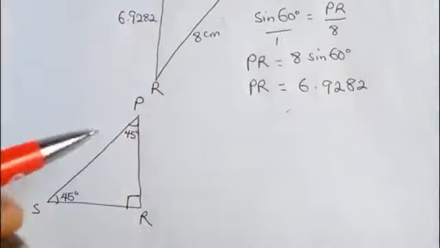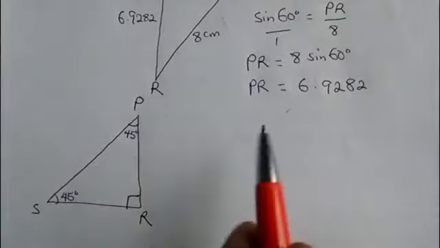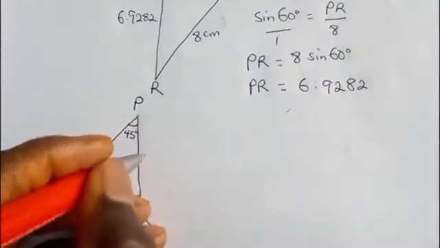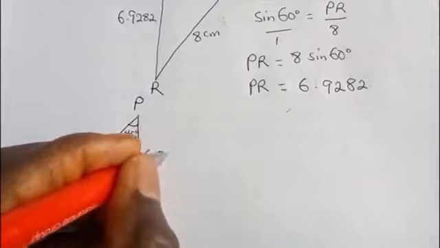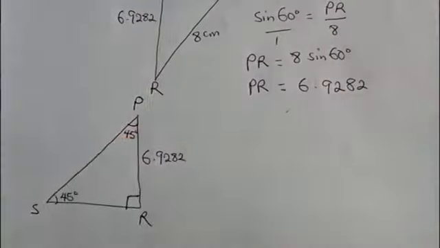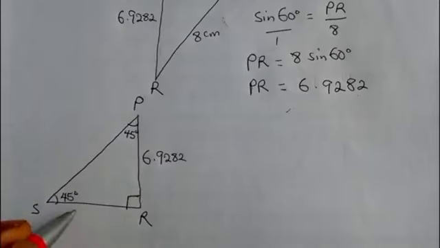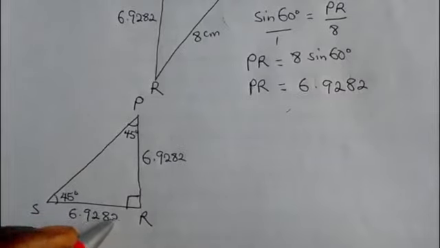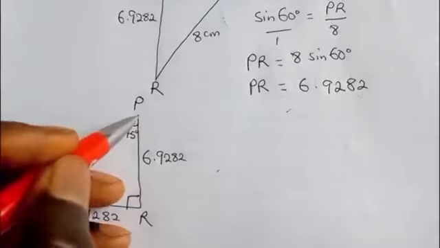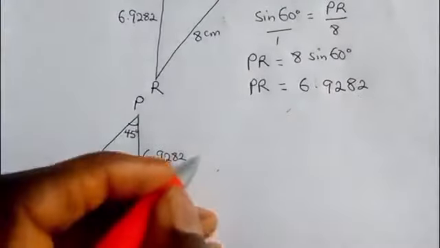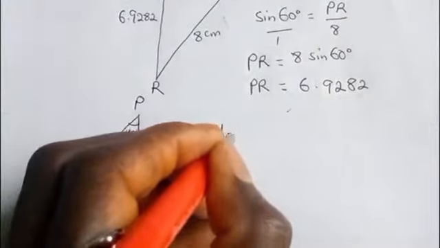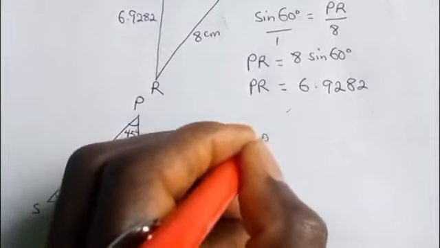We found PR to be equal to 6.9282, implying that this side too will be 6.9282. So for us to get side PS, using Pythagoras theorem,